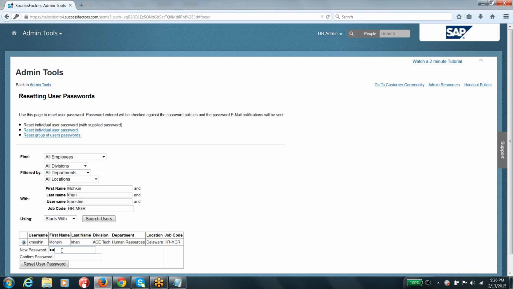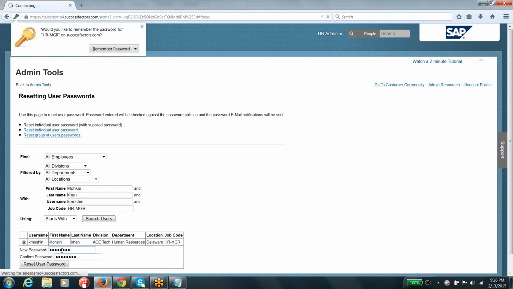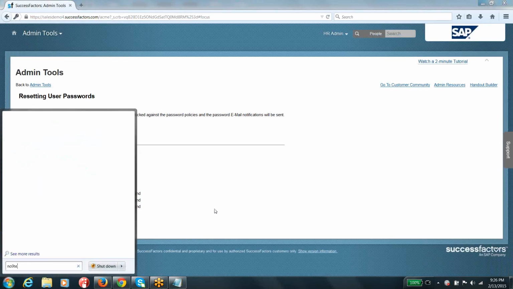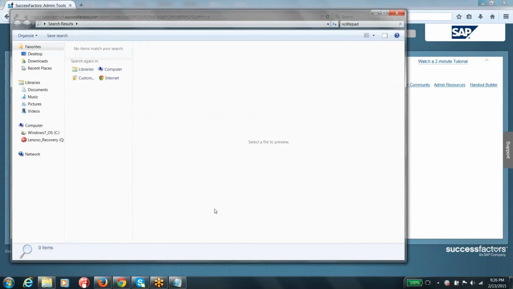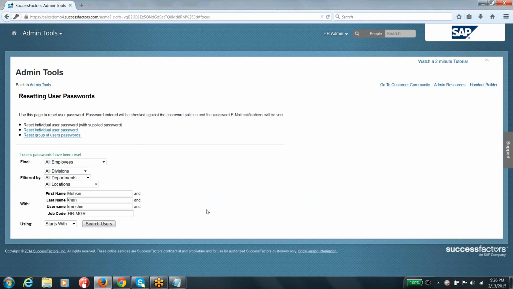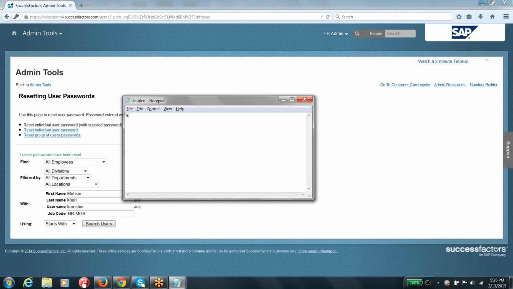One second, guys. Mohsin, your password is SF. My name is misspelled over there. Sorry, it's MOHSIN. You're spelling it MOSHIN. My username is MOHS. I'll correct that now. SF uppercase at 1 2 3 4 5. Shweta, I'll create your credentials and share them with you. Sorry about that.